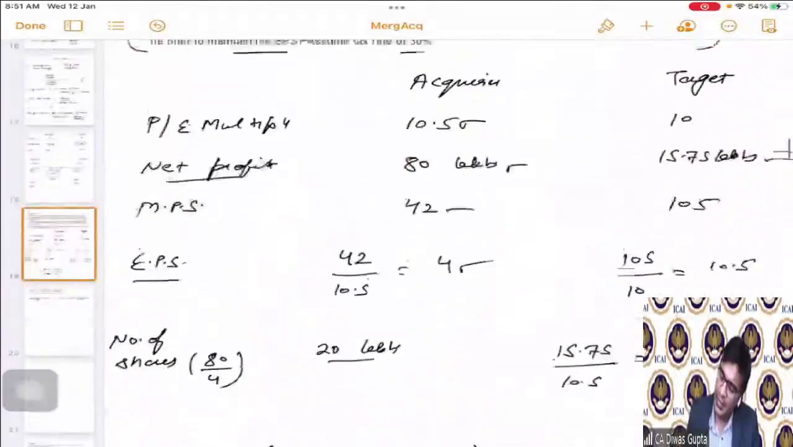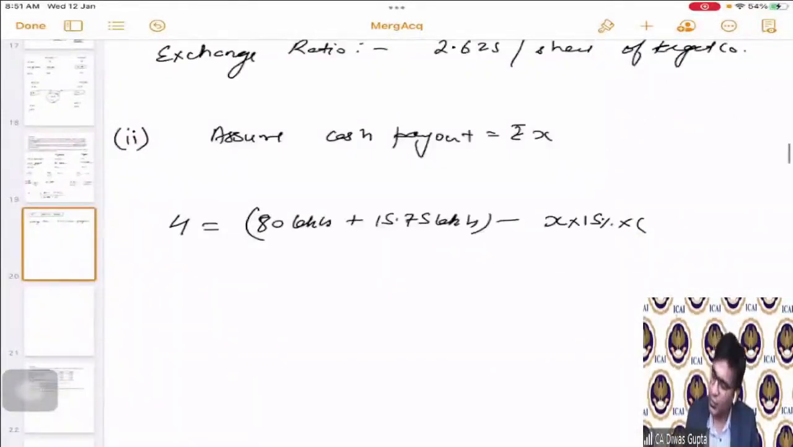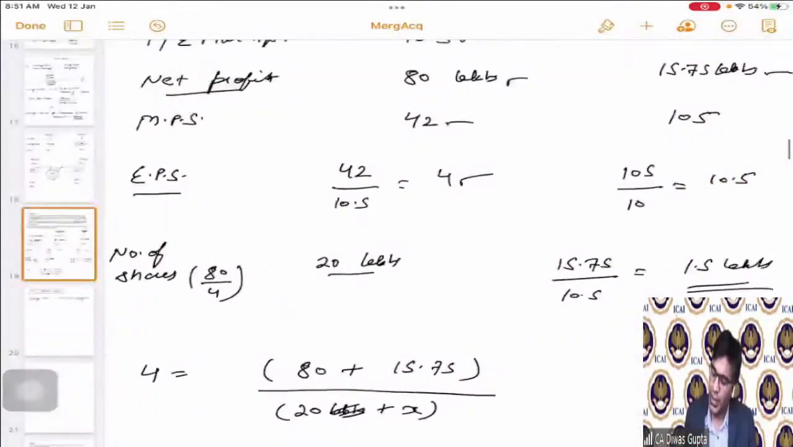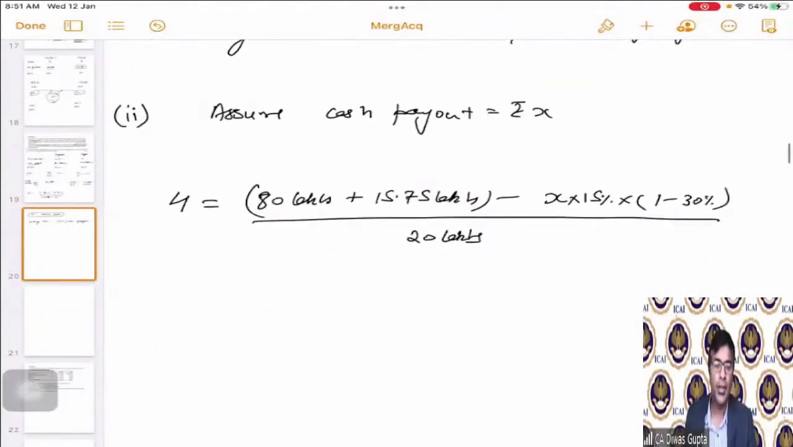But on that, there is a tax implication as well, because he could have been able to save a tax also. So that means the loss will be lesser. So this is 1 minus 30%, which is the tax rate. This whole divided by the current number of equity shares, which is 20 lakhs. Correct, students? So this is what the equation is. Now, if we solve this, then X comes out to